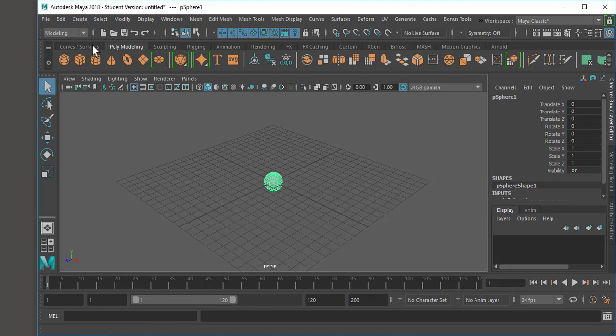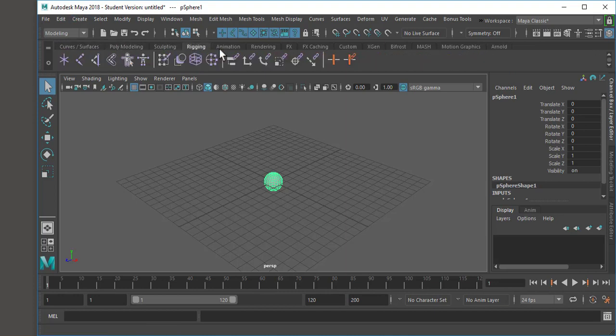So one of these shelf tabs is called custom. Find the custom tab. Okay, we want to add some things to this tab that we will be using throughout the software, okay? The way we add stuff is we hold Control and Shift, okay? So hold Control and Shift on your keyboard,